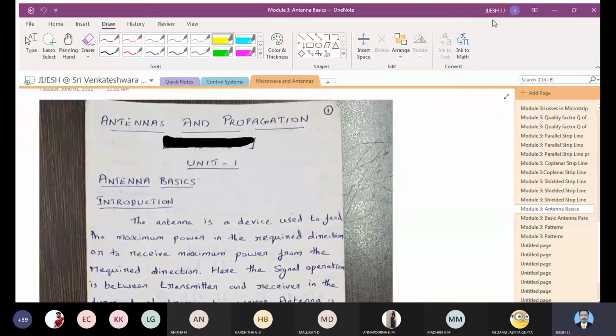Now you can see that you have so many towers in and around you. Wherever you stand outside your home, you can see antennas there. If you are in your home, you can see antennas available. You go to military applications, you can see antennas and radars and all those things. Radars, we are not studying that part of it. So it has very high importance in the communication domain.